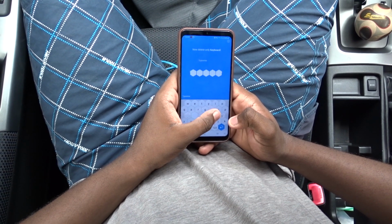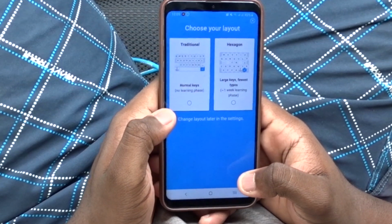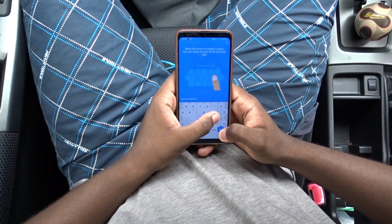In fact, at the end of the tutorial, you get a friendly disclaimer that the keyboard will take at least a week to learn. If you're in search of a typing challenge or just a new way to type,